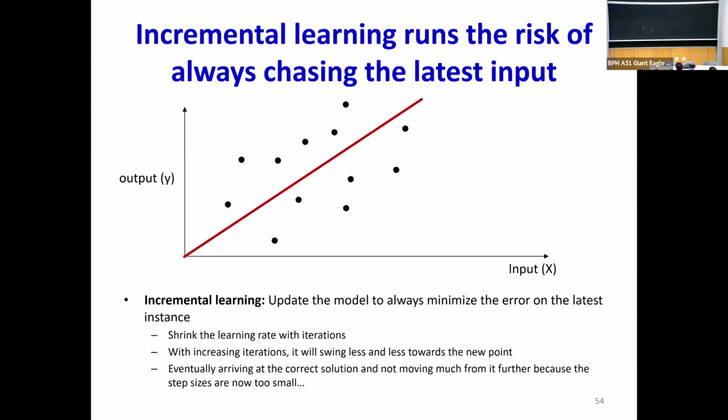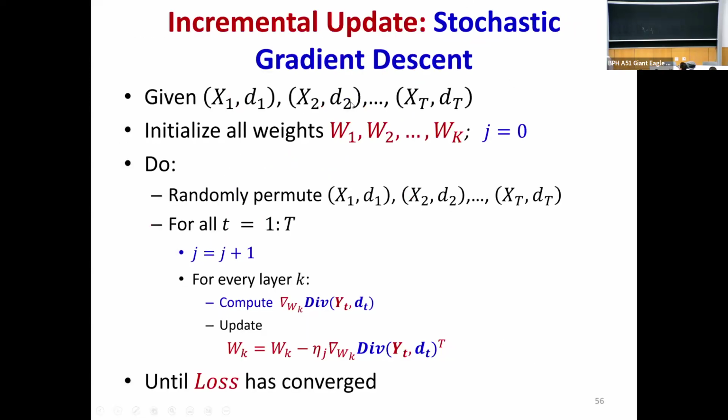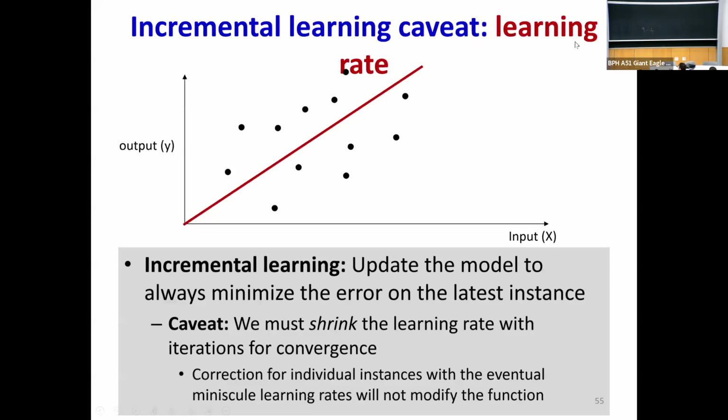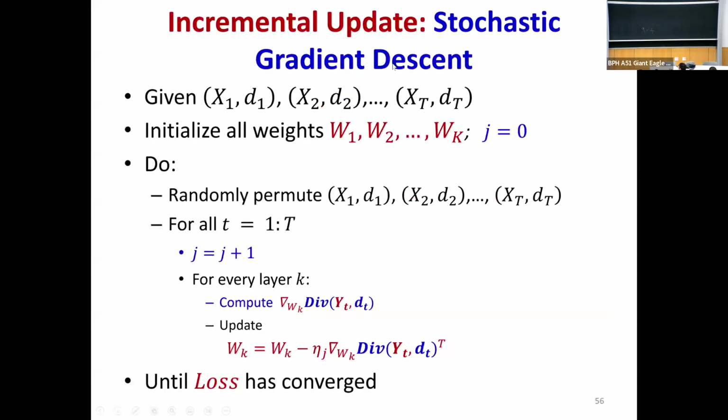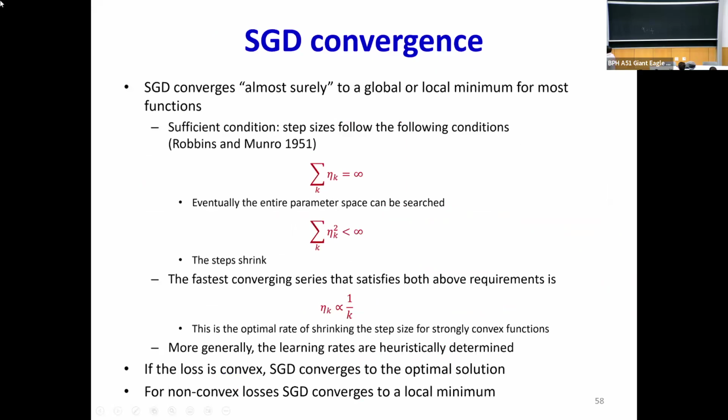You want your learning rates to be absolutely divergent but square summable. And so you want the learning rate to shrink with iterations. Of course, you still have to permute your instances between epochs. And specifically, you want these two properties. The learning rates must sum to infinity, but they must be square summable. And the fastest converging series that satisfies both requirements is 1 over k, because summation of 1 over k squared is definitely convergent,